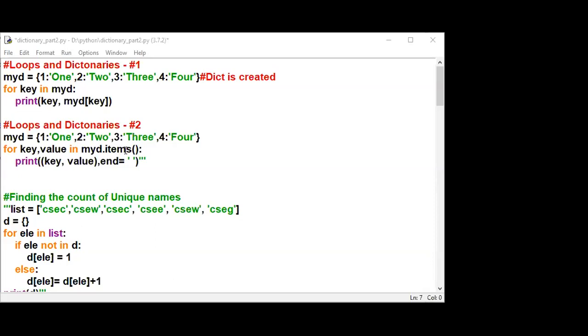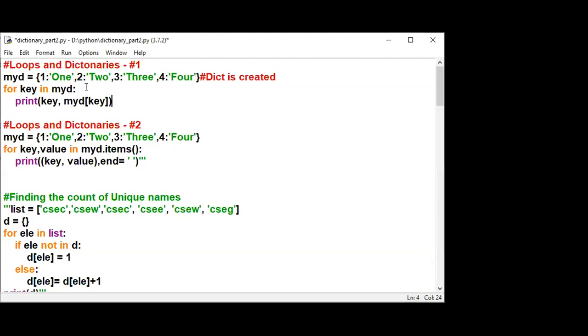Already we have executed this in the previous session. If you just create a dictionary and execute this method, you are able to see all the key value pairs as a list of items. So now using this list, we are able to access every key as well as every value. See the print statement here, you can come to know the difference. You are printing the key here as well as the value. This print statement is different from the previous one.